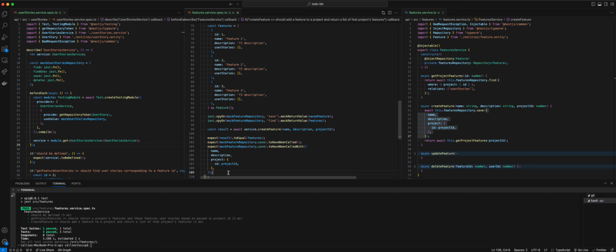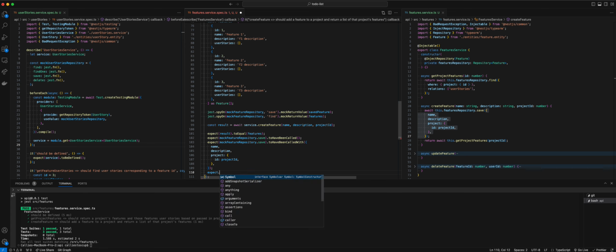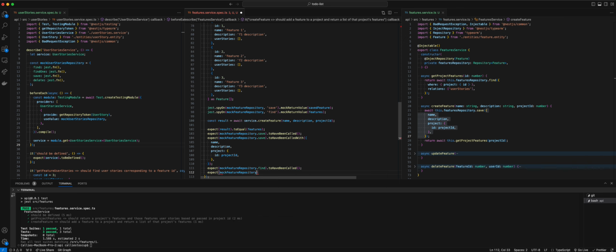All right. We also expect that the mock feature repository.find has been called, and we expect that mock feature repository.find to have been called with,